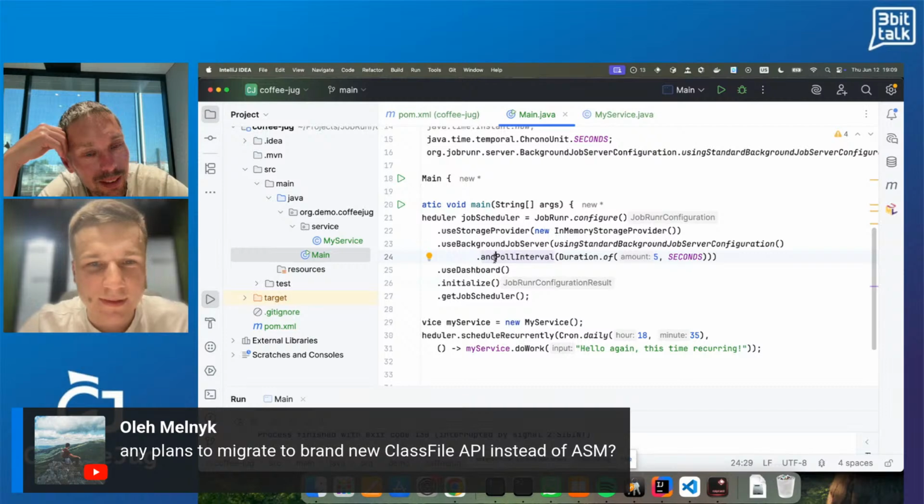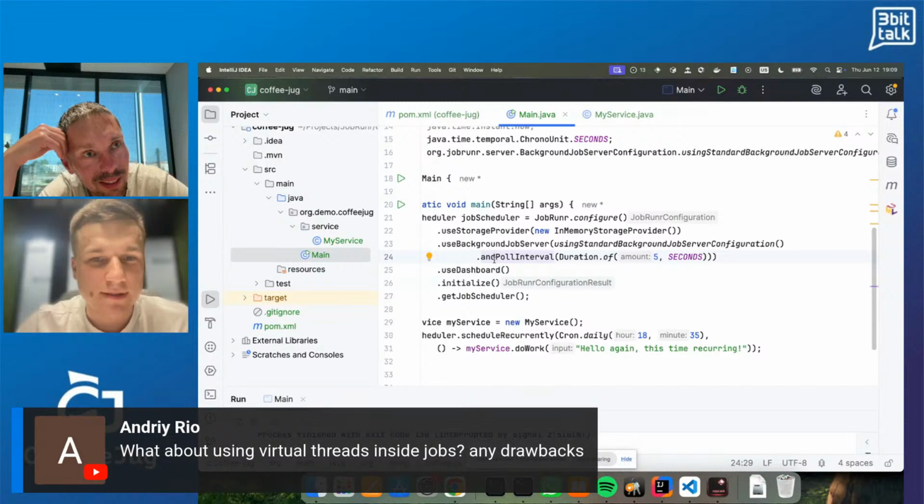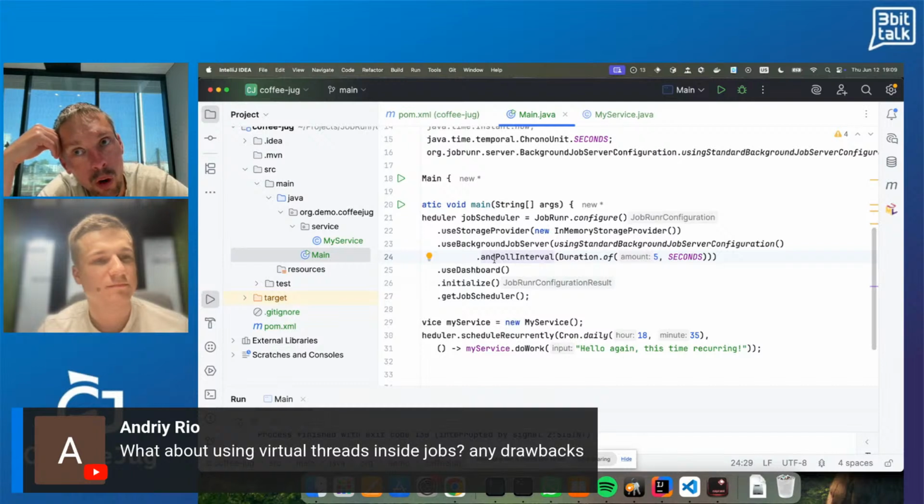Nice. Next question from Andrei Leo. What about using virtual threads inside jobs? Any drawbacks of this? Well, to be honest, we do it for you. You don't need to do anything. We check whether you are running on Java 21, and if that's the case, automatically all your jobs will run using virtual threads.